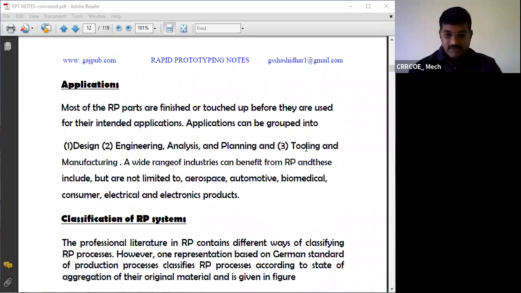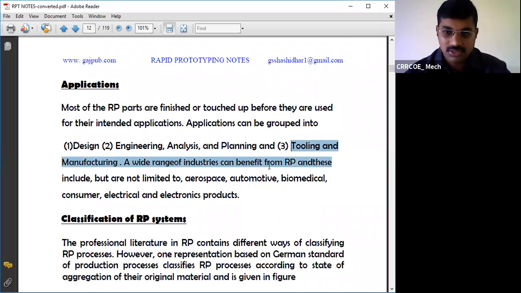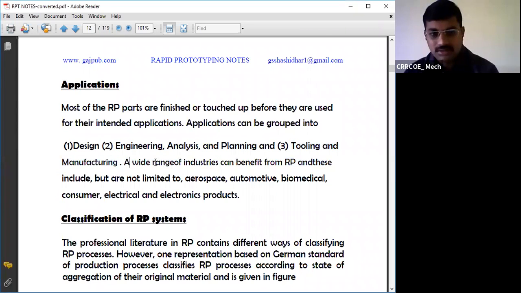For example, a watch company, Titan or whatever it may be, different watch companies, Fast Track, whatever. Titan itself, I think both are merged. In that company, we have a special course, tool design. Tool design is available in CITD, Central Institute of Tool Design. So you can pursue that program also if you are really interested in that particular area.